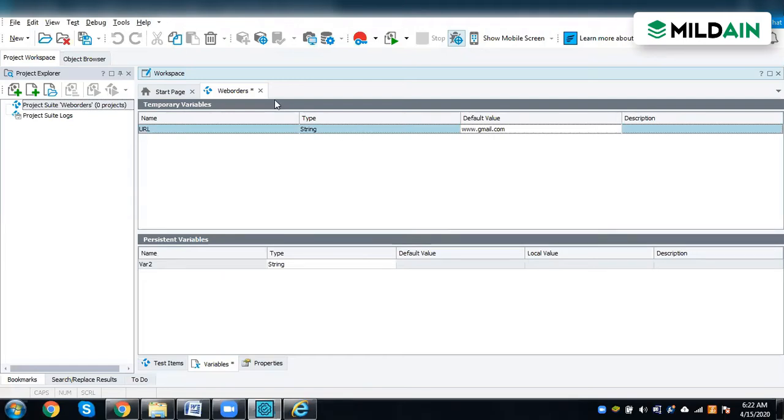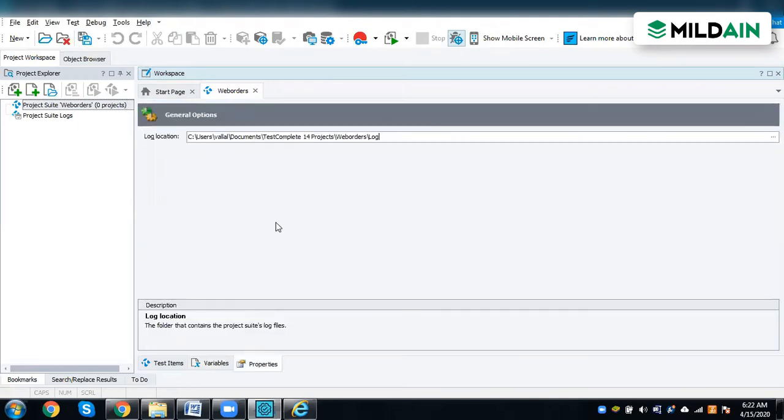Okay. This is like defining a variable within the tool instead of maintaining it in the script. So this is with respect to variables, and then your properties. This is the property where you're storing the log. It is always advisable to let it go to the default location, because when you relocate, then every time you need to change all this. So once the default location you have decided for the project, all these locations will auto generate. That should be fine. We don't need to change this location unless it's mandatory or necessary.